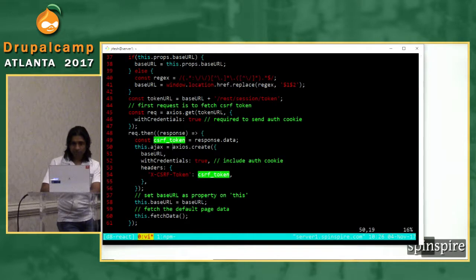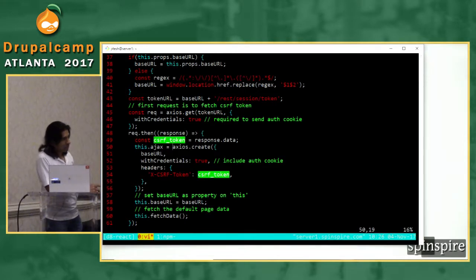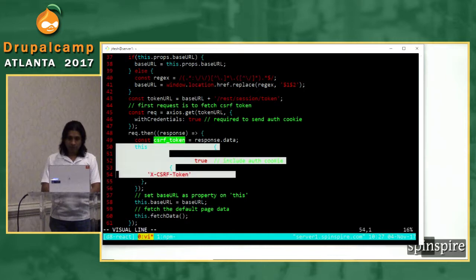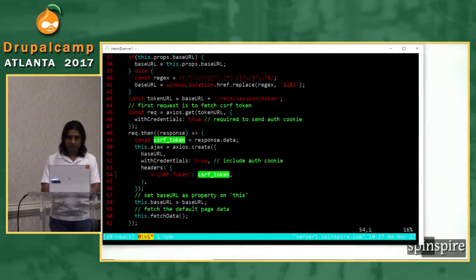So this is Axios.create, and what we are saying here is I want to create an Ajax requester object, if you will, which is the Axios object, and this is the constructor for it. These lines are not making an Ajax request. They are creating an